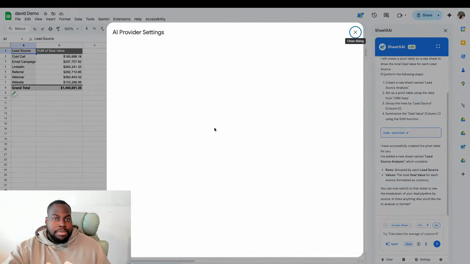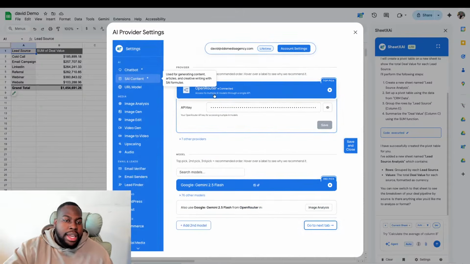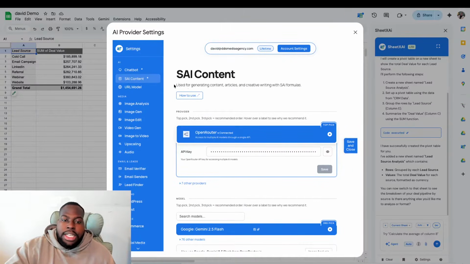This is gonna pop up, and you could set settings for every tab. And if you're like, what is this tab for? It explains it right here, and explains more information right here, right? Used for generating content, blah, blah, blah. Chatbot,